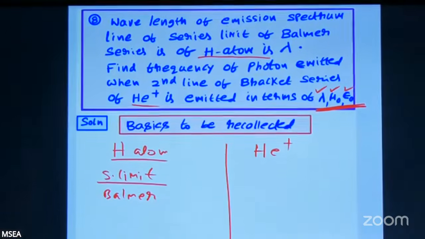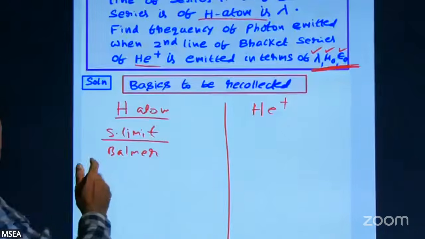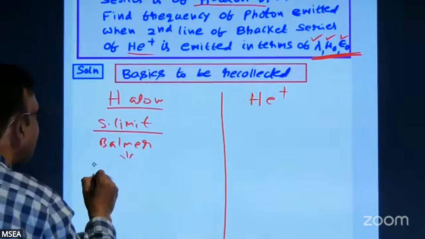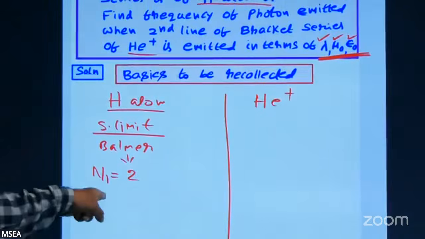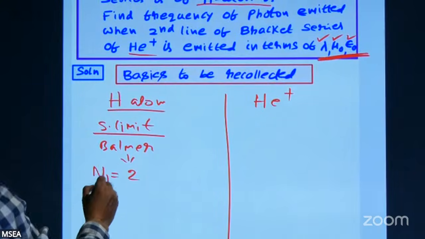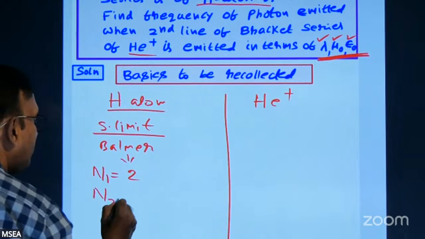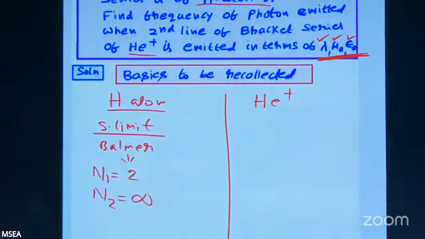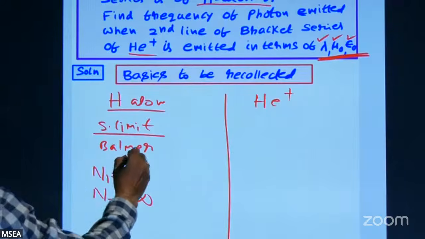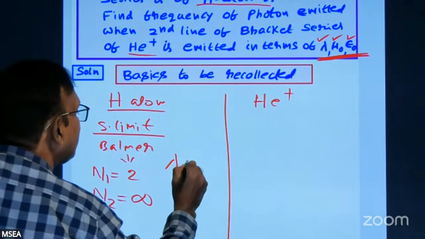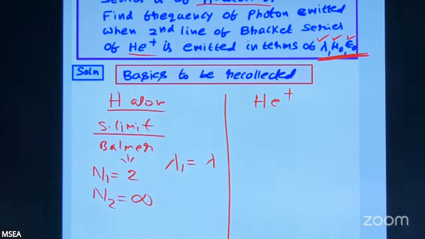Now every one of you in the class knows Balmer series, the initial orbit number comes out to be 2. Lyman, Balmer. Okay, Balmer 2. Series limit means the final orbit from which the electron is jumping is infinity. Series limit means the ultimate line, last line. So from infinity it needs to jump. And for this particular one, wavelength is given as what? Come on, tell me, lambda. That's the first step. How do we use this data?